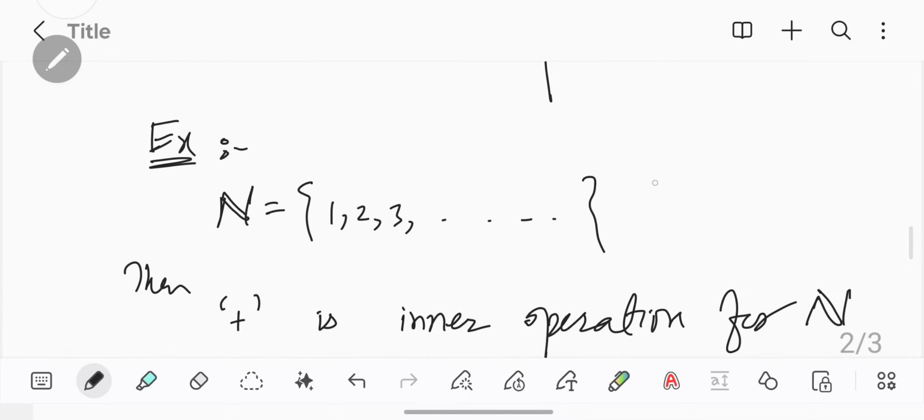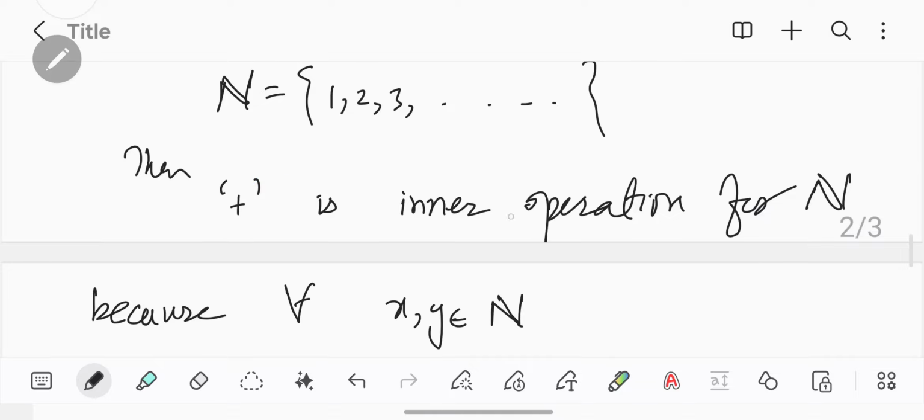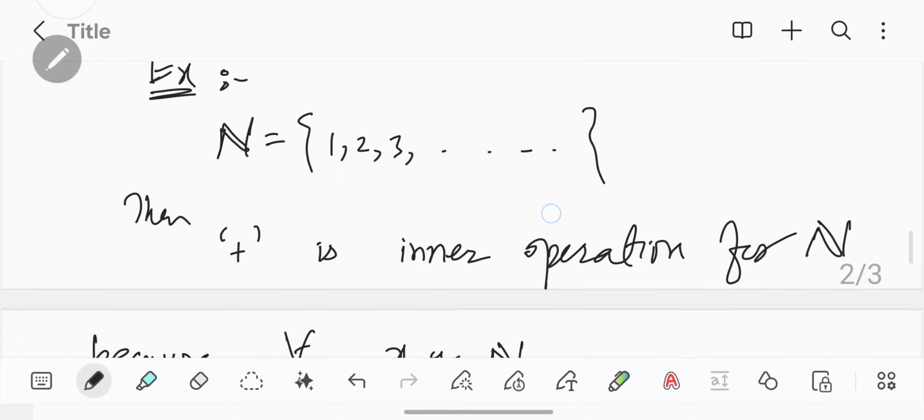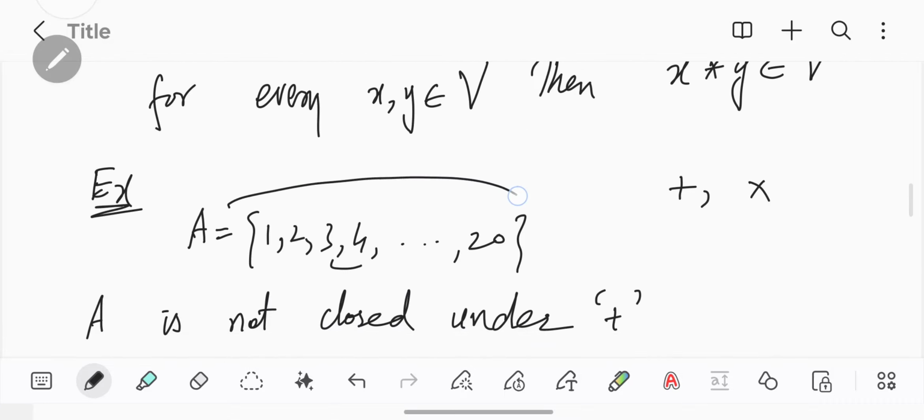Okay, so for this set we have proved that addition is an inner operation for N, right? And similarly for the same set you can prove that multiplication is also an inner operation for this set, because if you multiply any two natural numbers, you will get a new natural number which will be here in the set, right? But if you talk about this set,